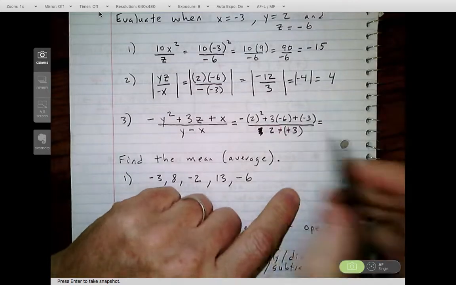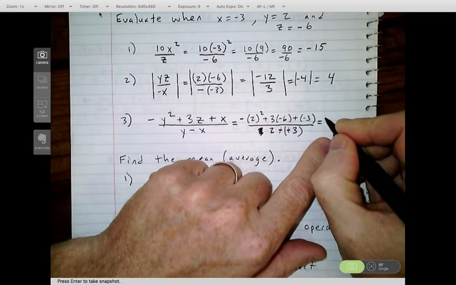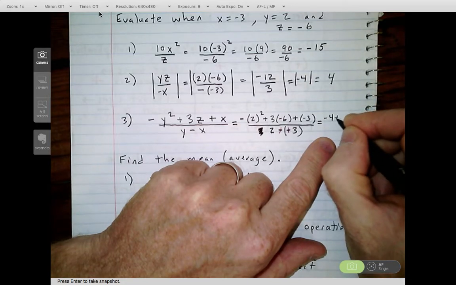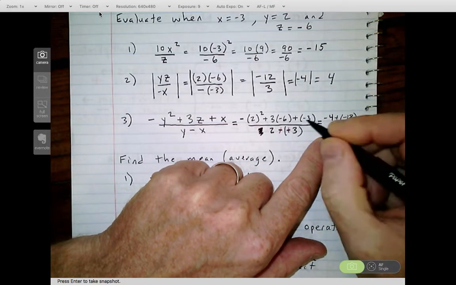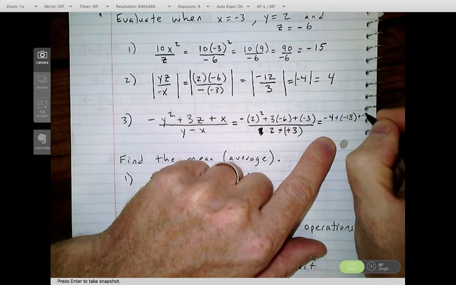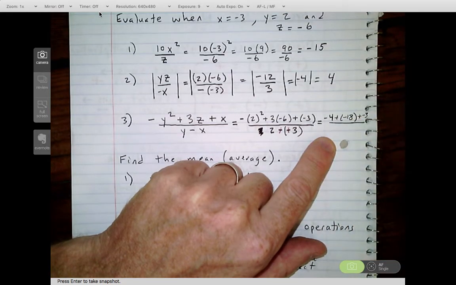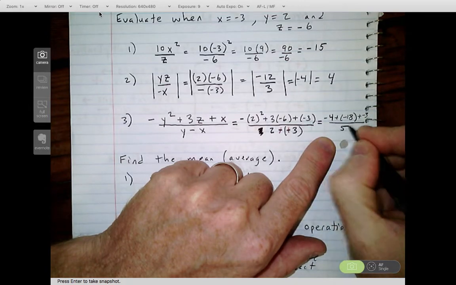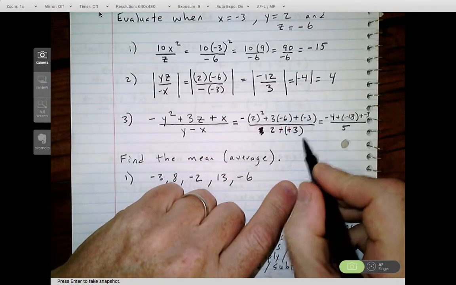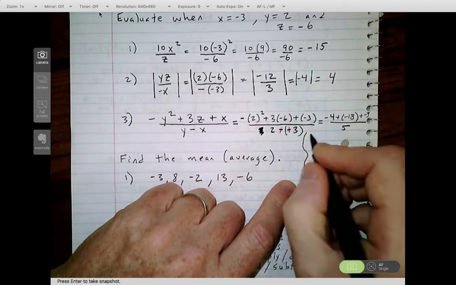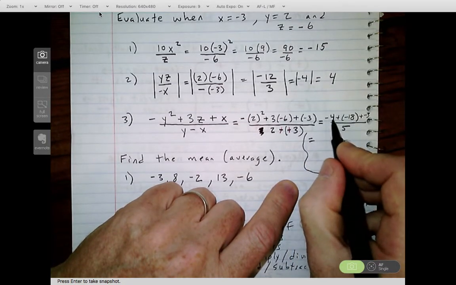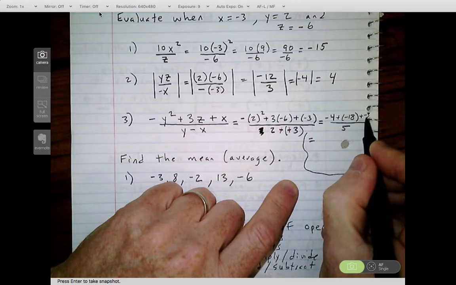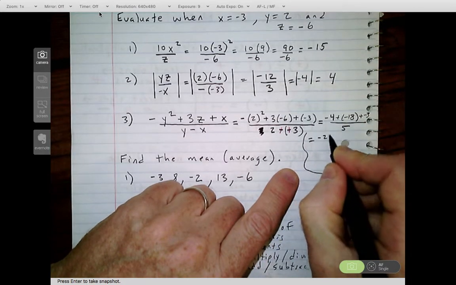And then I'm going to work it out. Okay, so 2 squared is 4, so I have negative 4 plus 3 times negative 6 plus a negative 18 plus negative 3. Oops, I am running out of room. Sorry about that. 2 plus positive 3 is 5. Okay, let me finish this off down here. Pardon the messiness here. So negative 4 and negative 18 is negative 22, plus a negative 3 is negative 25